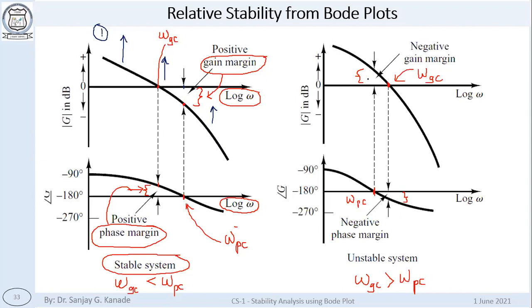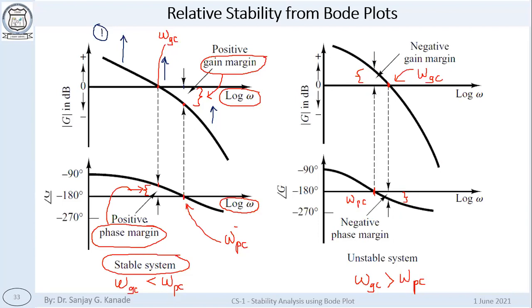Similarly, here, if you add any amount of gain, you will not make the system stable. It is not possible to make the system stable in this case. In order to make the system stable, you have to decrease the gain. That's why the gain margin is negative in the unstable case. The same concept applies for phase margin also. If you decrease the phase, the system will come closer to instability.